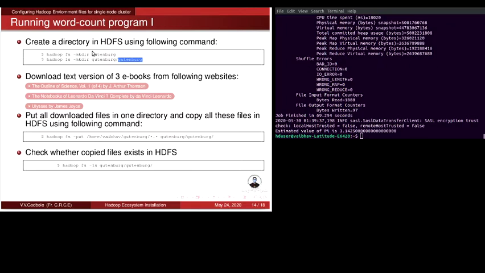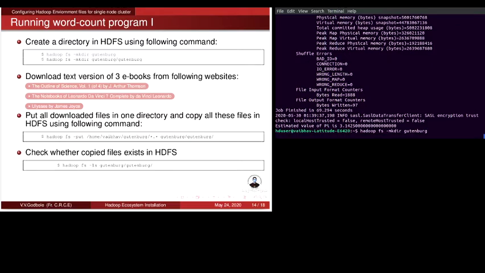So let us do it step by step. First we'll create an HDFS directory using this command. If no error has come, that means the directory is created.